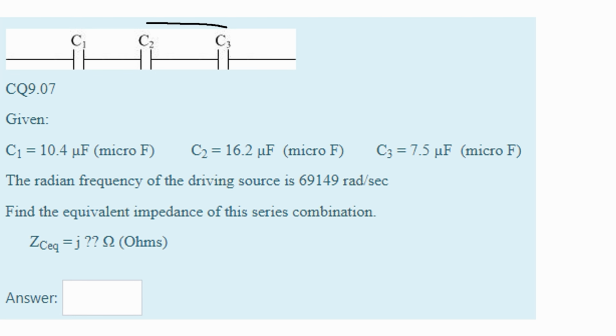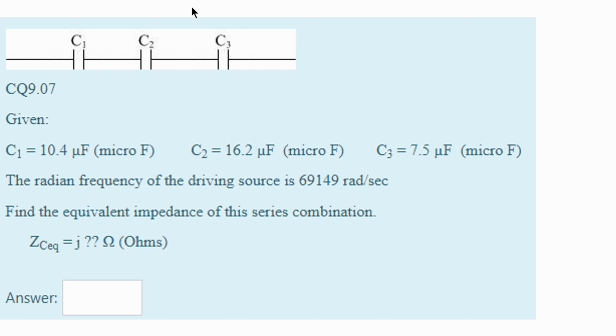In this problem, we are given the following capacitors. We have C1, C2, and C3, and what they're equal to right here, here, and here. We are also told that the radian frequency of the driving source is 69,149 rads per second. We need to find the equivalent impedance of this series combination, and we can do that